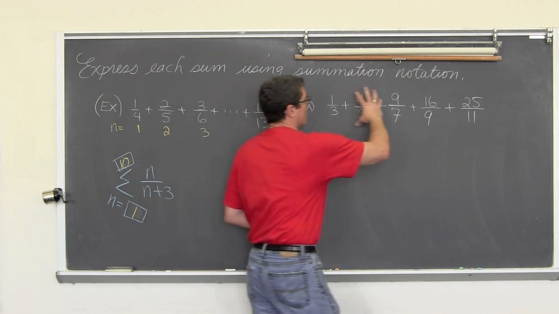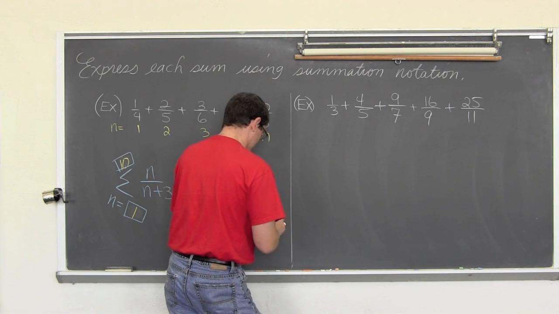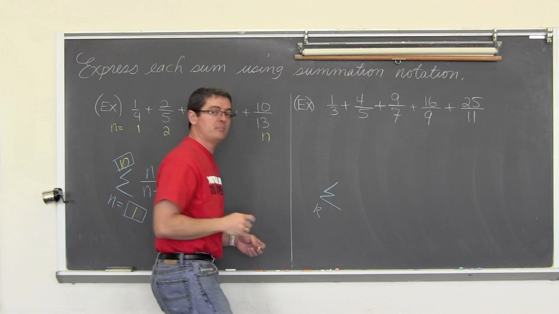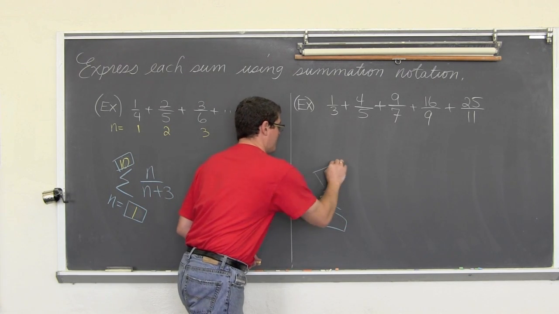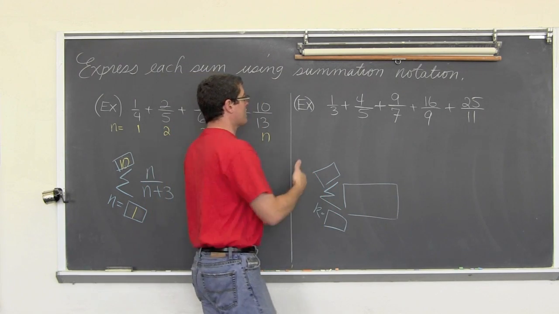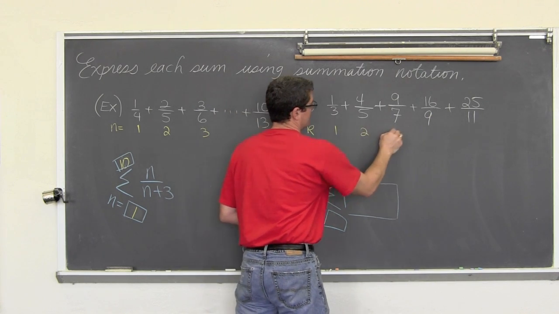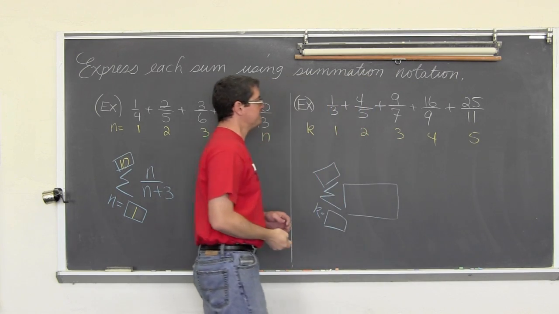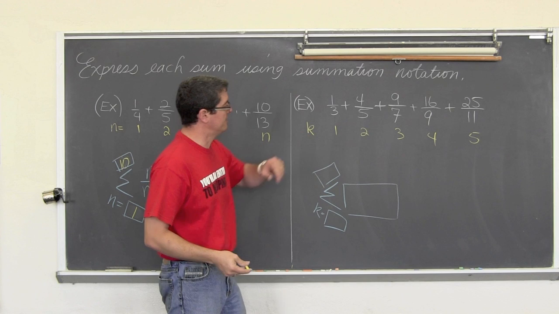We have a slightly more complicated version over here, so let's go ahead and use a different letter for the index. Let's say that we have summation notation. We're going to let k be our index value. We're looking for a lower limit. We're looking for an upper limit. And then, of course, we're going to fill in our expression here. And let's just default here to k values of 1, 2, 3, 4, and 5. There's no dot, dot, dot with this one. I just went right to the end.